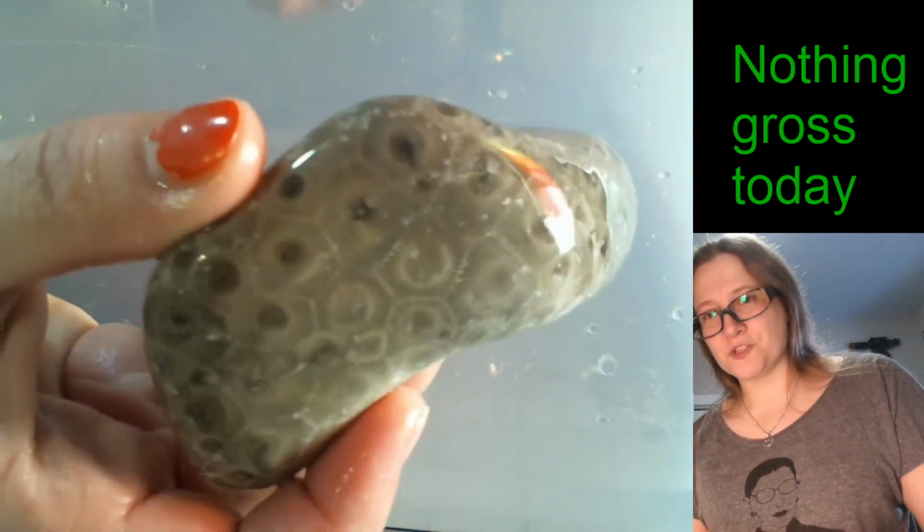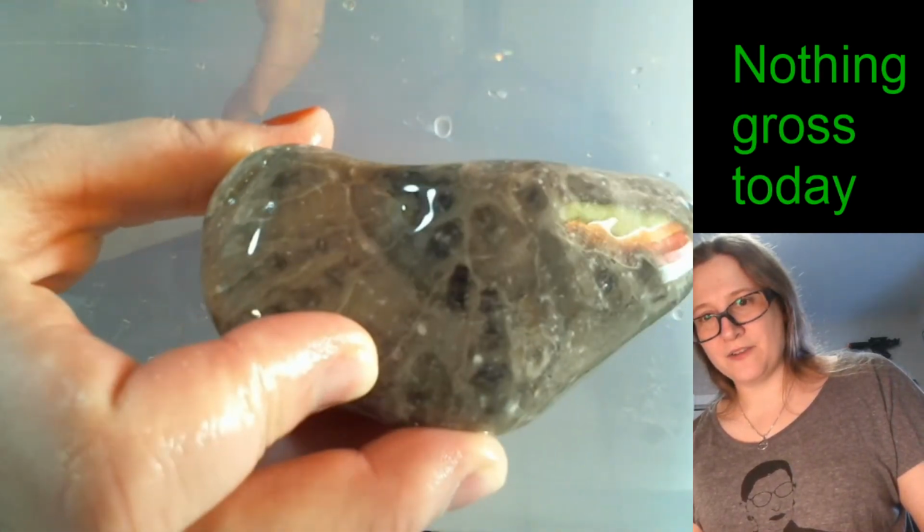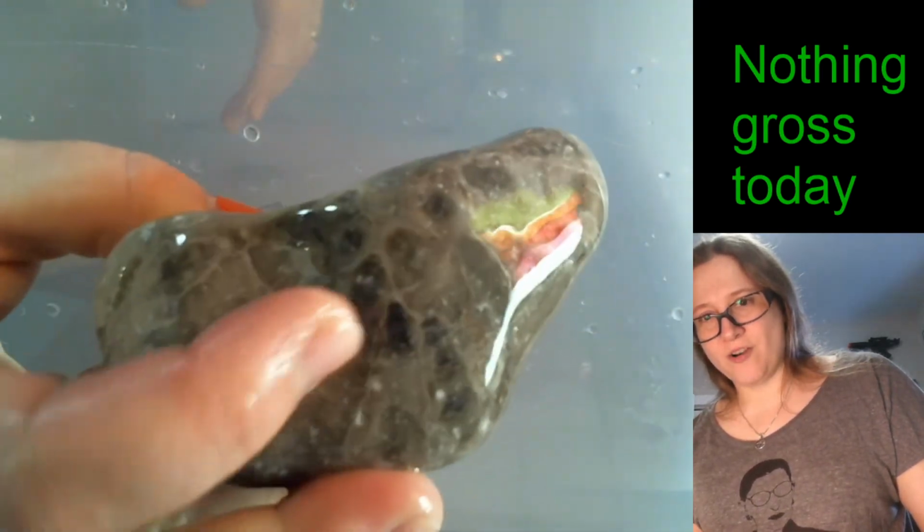You know, it looks beautiful and shiny because it's all wet, so that kind of doesn't count. But I can really see the patterning now on all the sides. So this is obviously the show side, but all of it...